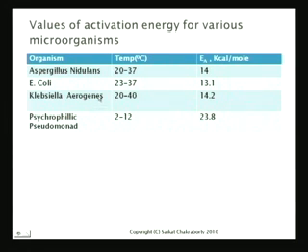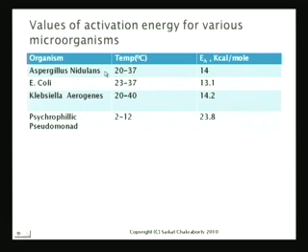Because, for example, if these are the temperature ranges, and the temperatures are too low, then this is an activation energy. Now, the activation energy is required, but the total amount of heat that is generated or required is dependent on temperature. So if the temperature is very low, that amount of heat would not be generated or required to do that. So that's why, and this gives you the range for the EAs for the different bacteria.